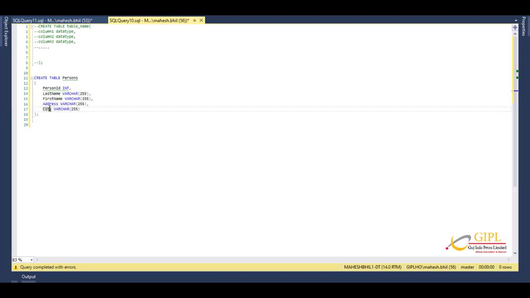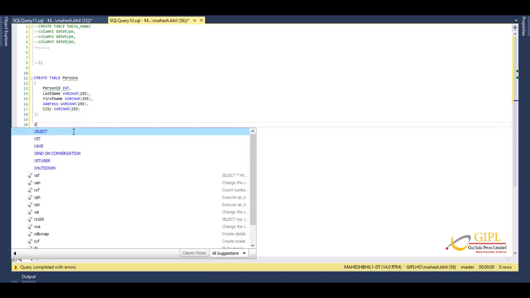The person ID column is of type integer and will hold an integer. The last name, first name, address, and city columns are of type varchar and will hold characters, and the maximum length for this field is 255 characters. The empty person table will now look like this.